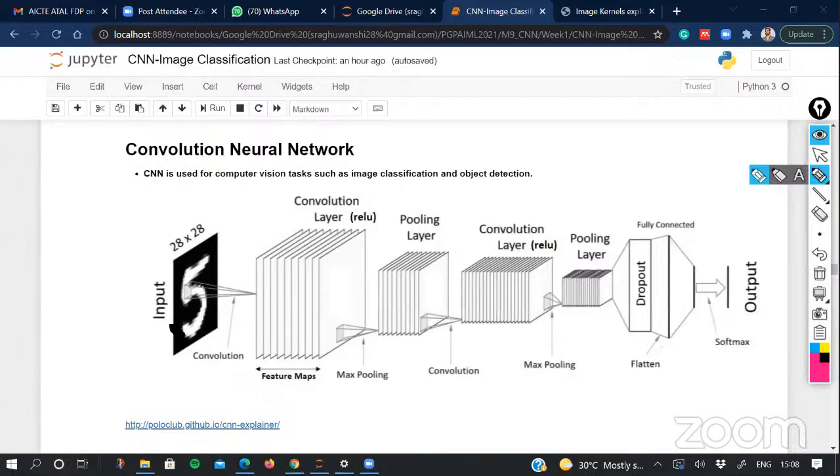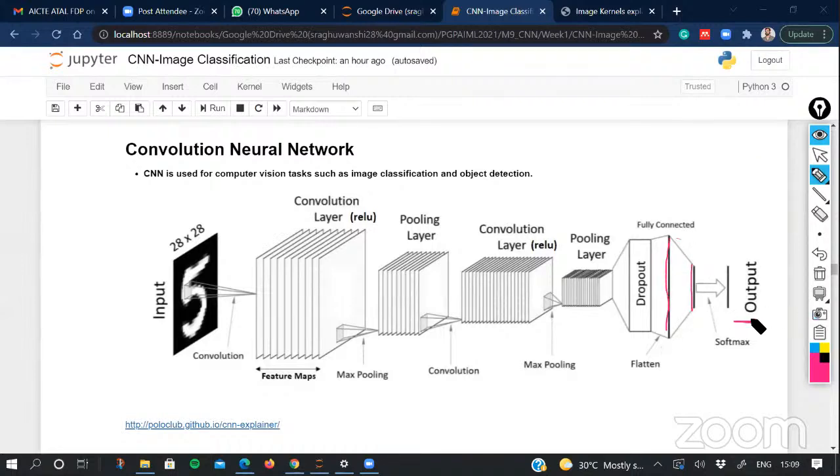This is the input that you give. You apply a certain convolution layer with ReLU, then you apply a pooling layer. You can apply these combinations repeatedly, one after another. So you see this convolution, then ReLU, max pooling, convolution, ReLU, max pooling. And finally, we can apply this flattened layer, and then fully connected layer.